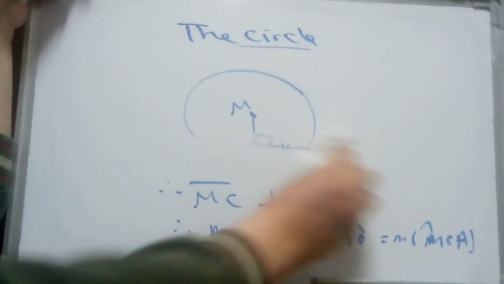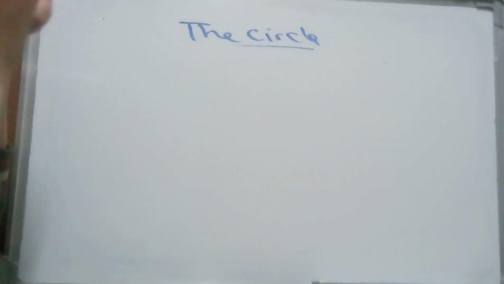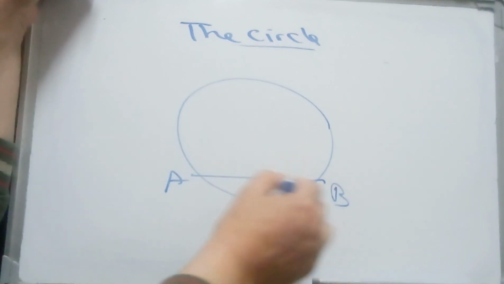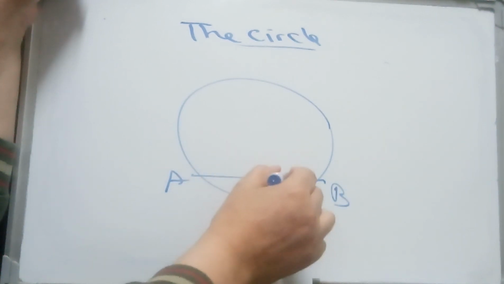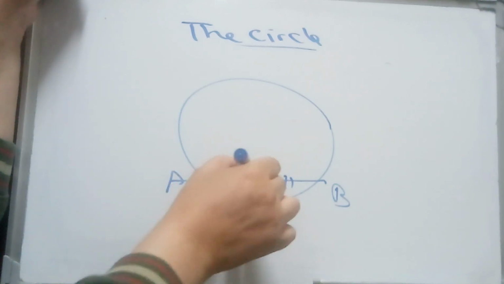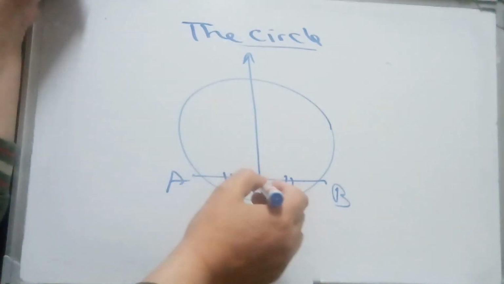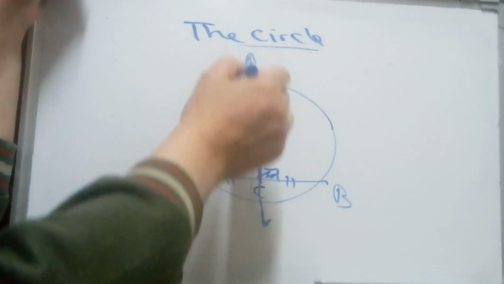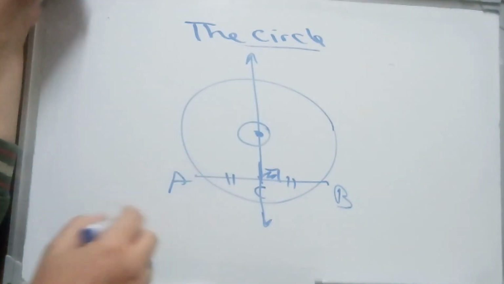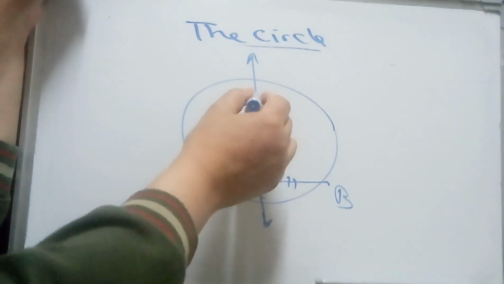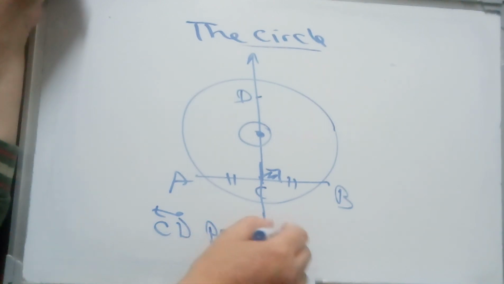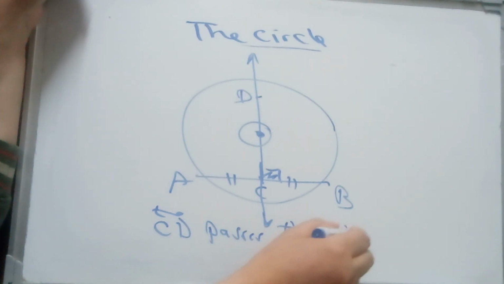Another concept, if you draw a chord in the circle AB and make a midpoint of this chord like C, and draw a perpendicular line or ray to it from this midpoint, this line must pass through the center of the circle. Okay, then if you draw CD, CD passes through the center